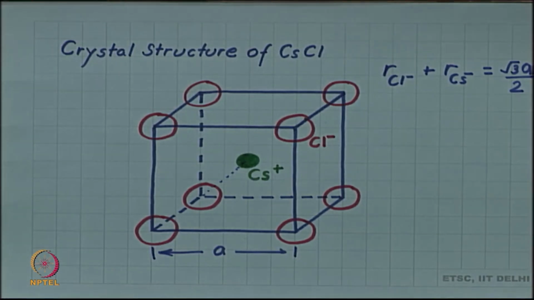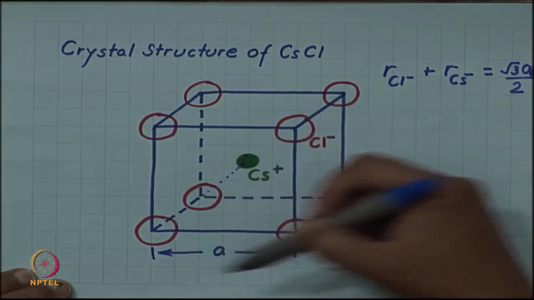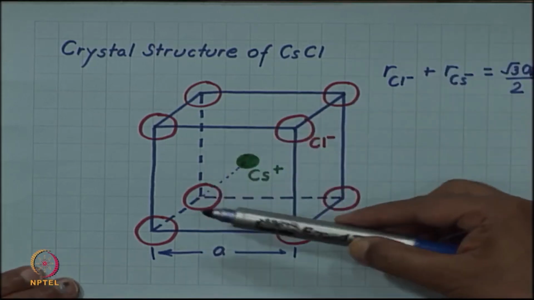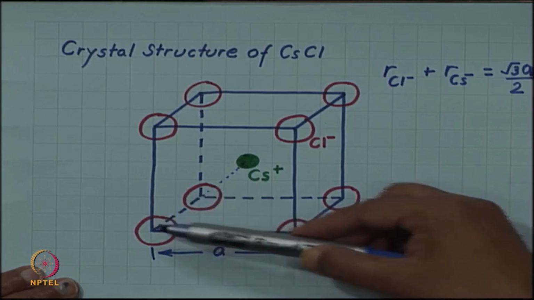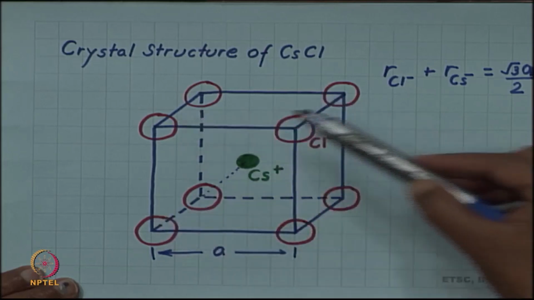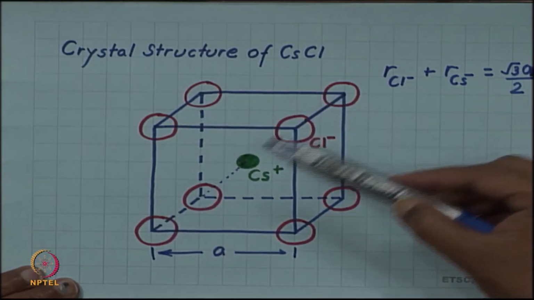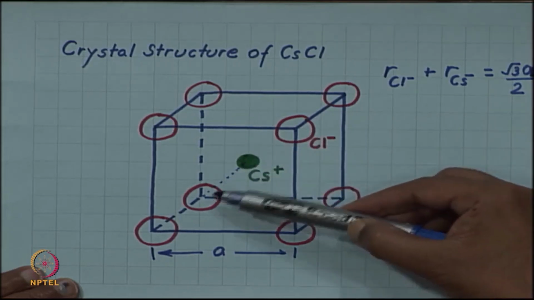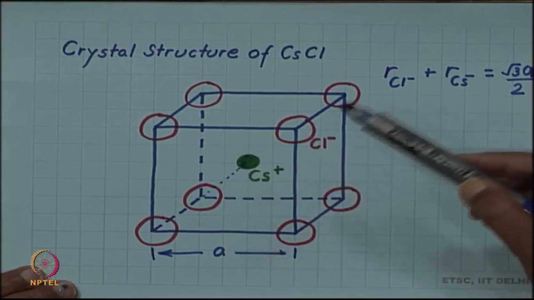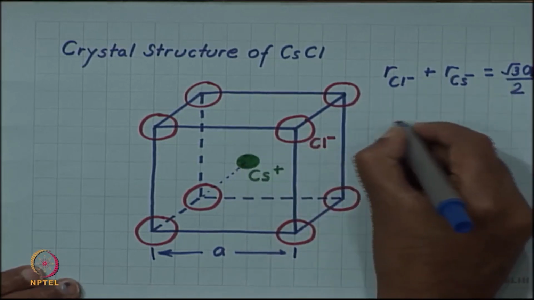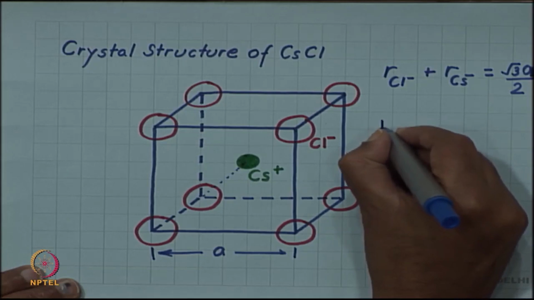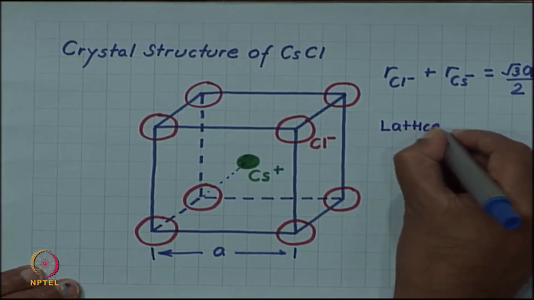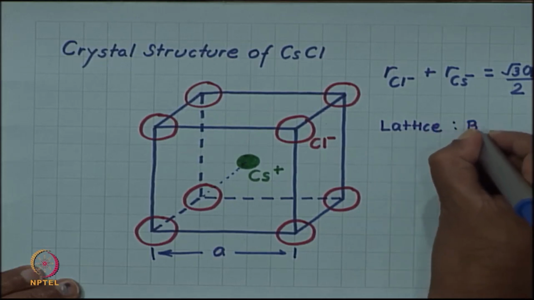Also, if we want to describe the crystal structure in terms of lattice and motif, you can see that the lattice is actually simple cubic, because only the cube corners are equivalent locations. Although there is an atom in the body center, this is not equivalent to the corner atom. So, this will not be a body centered cubic lattice. So, the lattice is simple cubic